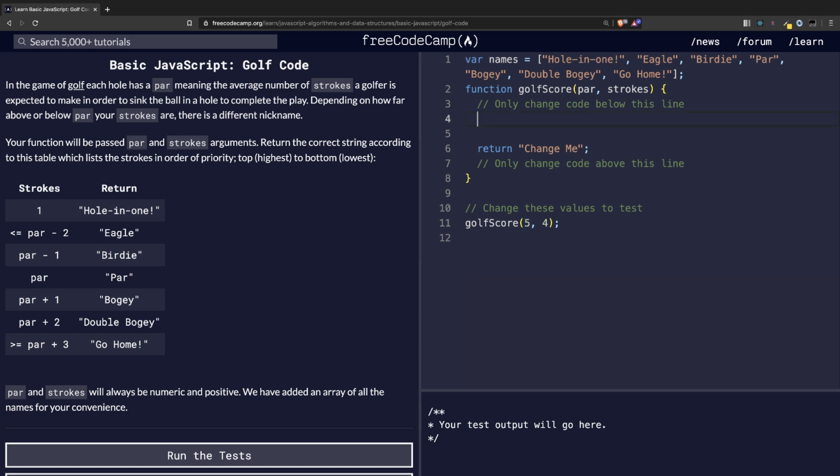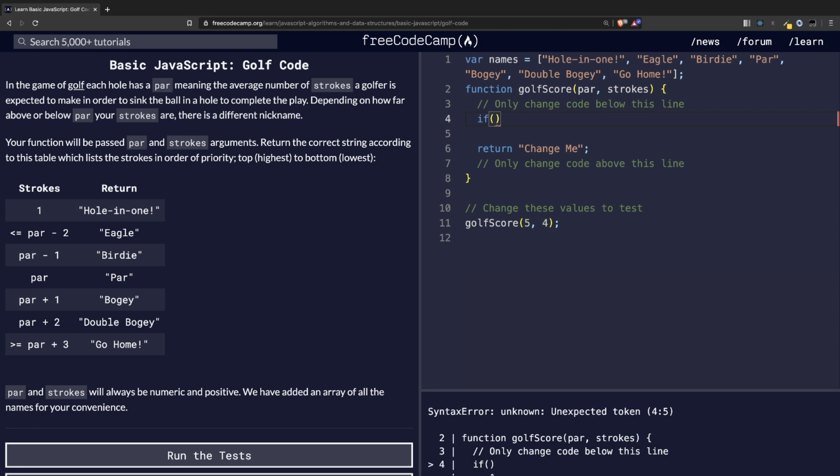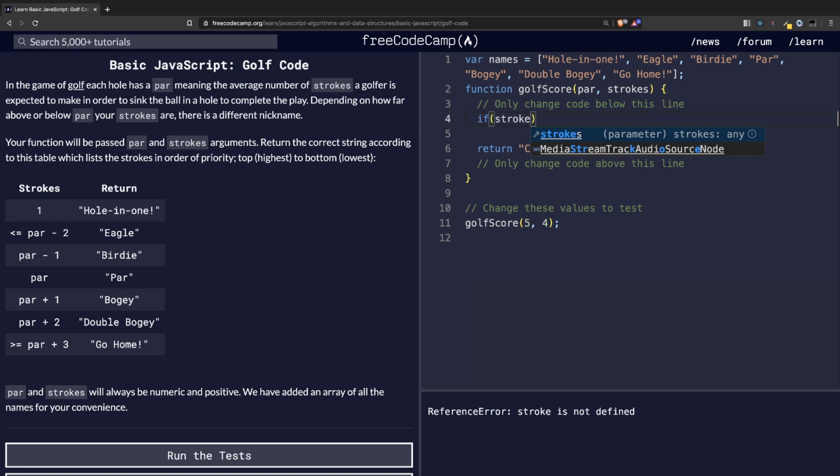Good. Let's see. We need to combine an if else if, so we need to chain them. Yeah. If strokes, okay, yeah, strokes